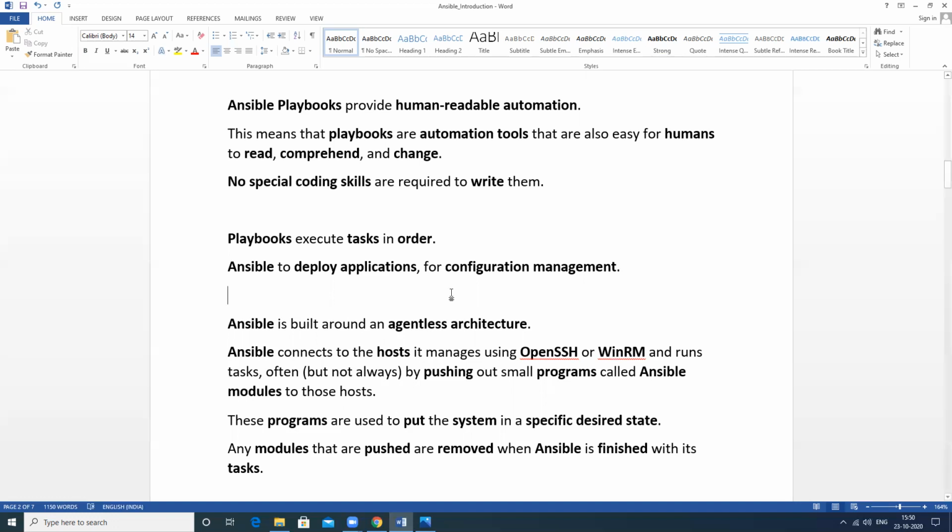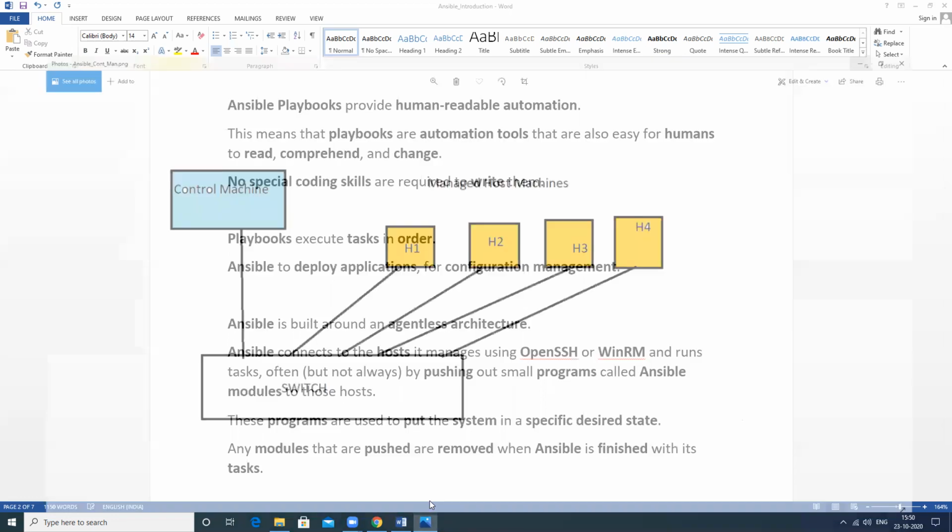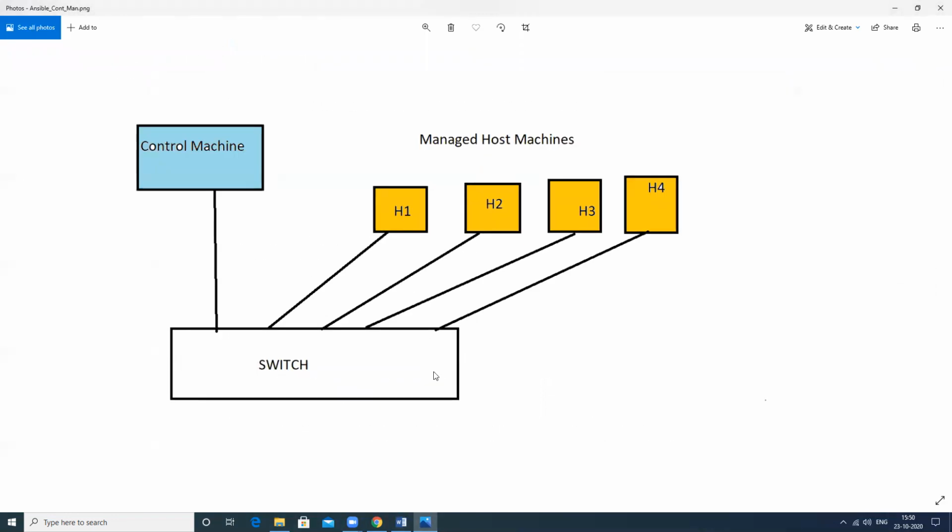Suppose we want to perform a task, I will show you with one picture here. Suppose we want to create a user on this machine, this machine, this machine, and this machine. If we want to create a user on this machine, we use the useradd command, and the same useradd command on machine 2, machine 3, and machine 4.